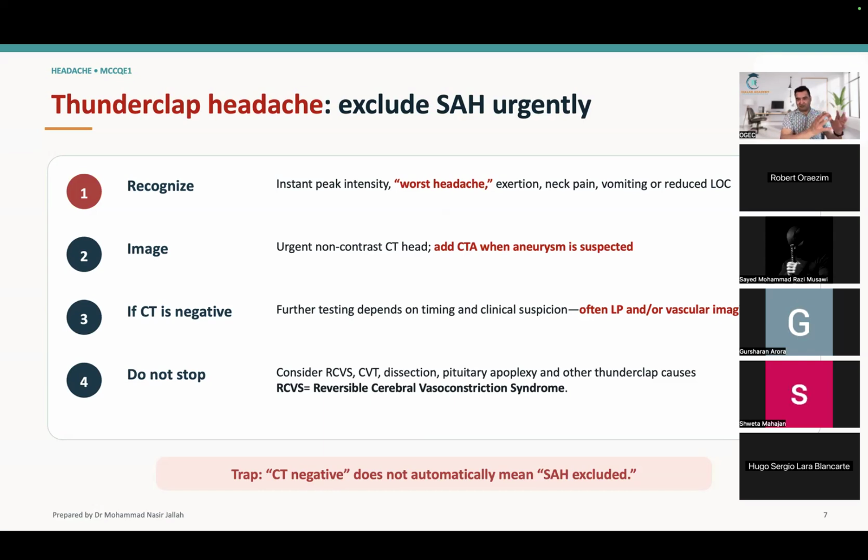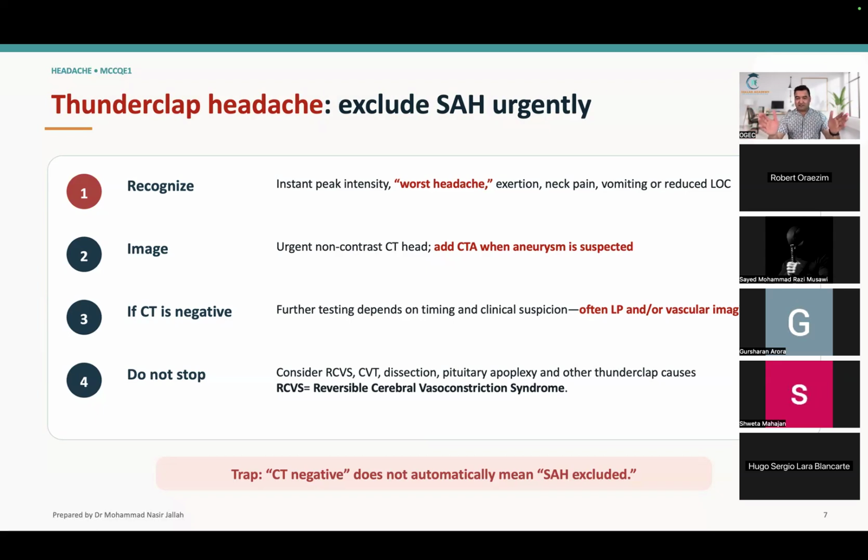Sometimes with subarachnoid hemorrhage, remember, the clinical picture they give you might be almost the same as meningitis, except for the fever. For example, in meningitis, you have headache, you have nausea, and level of consciousness may decrease. The patient may have neck stiffness, and the patient will have fever, right? But in some cases, they may not have fever, especially in viral cases. But in subarachnoid hemorrhage, they will have all these symptoms, except for the fever.